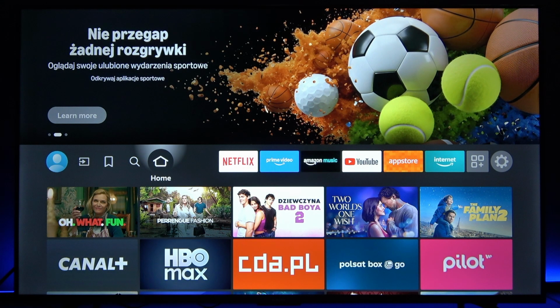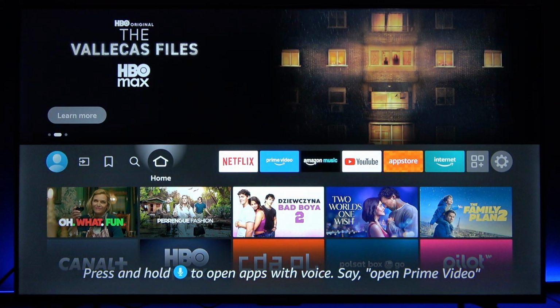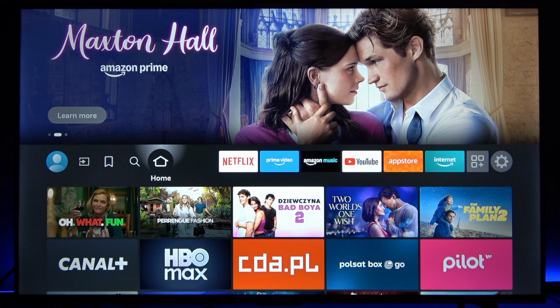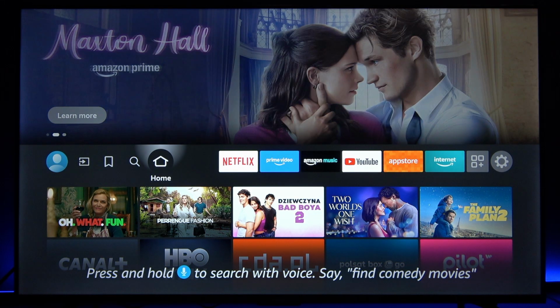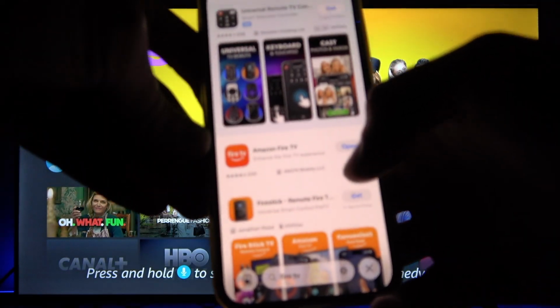So the easiest way to do so is by using the native application which is called Fire TV, which is one of the main ways to set up your TV. But still, I understand if you set up your TV using your remote control instead. So I'm just gonna quickly show you what to do instead in case you don't have this application on your